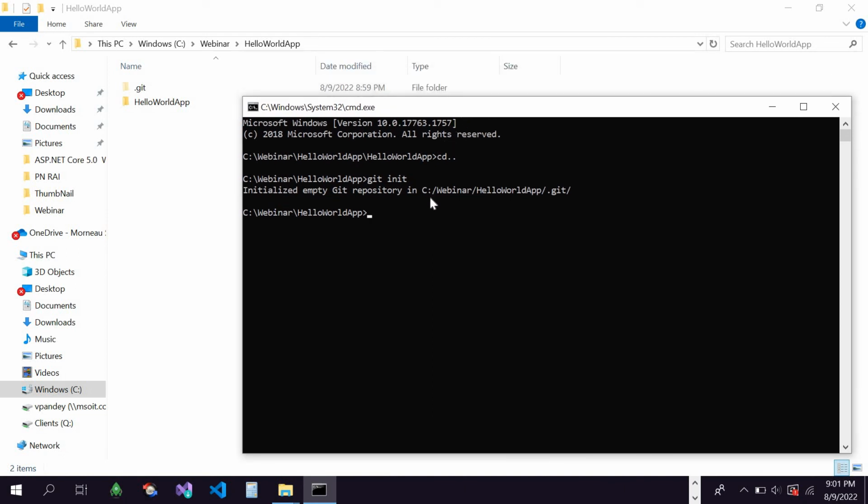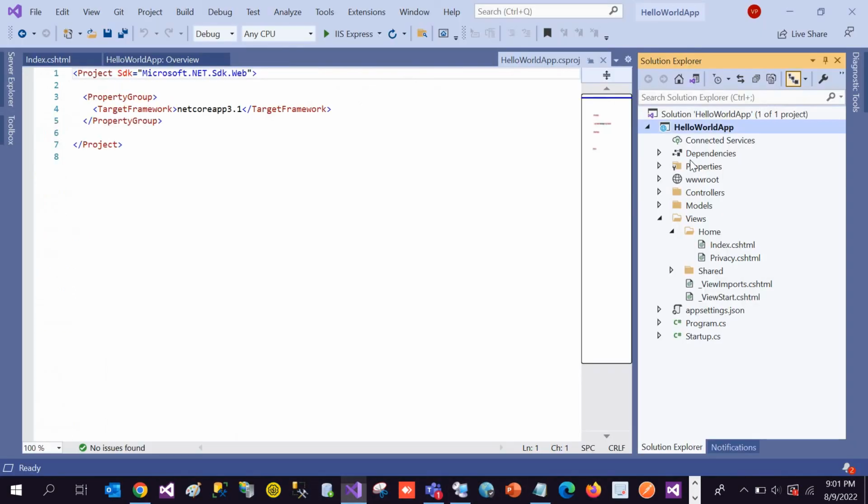So let's do it, because when we are working with the Git repository, it basically creates a repository in the local system. So whatever changes we are going to make in our application, let's say in future we are going to add one new HTML, or one more controller, any model, or let's say we have applied some changes in the layout file, right? So any kind of changes, whatever we are going to do,